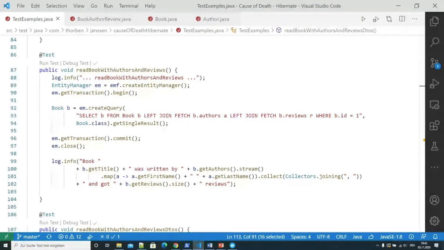And in the end, even though you fetched it in two separate queries, you get a fully initialized entity graph with the authors, the books, and the reviews after you executed the second query. This is actually a pretty common approach if this part here creates a product that's just too big. Then you usually split it up into multiple queries, and because you're working with entities, Hibernate merges them for you.